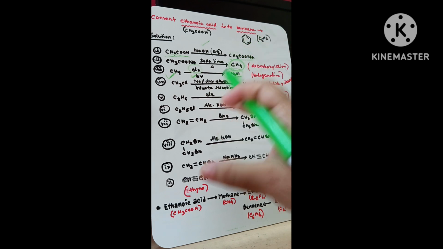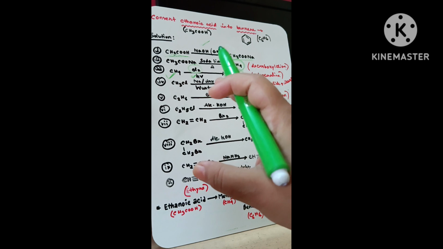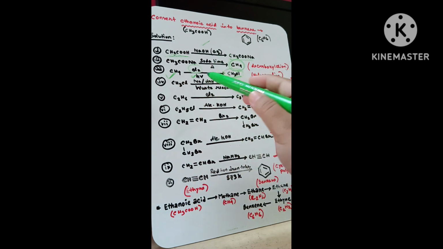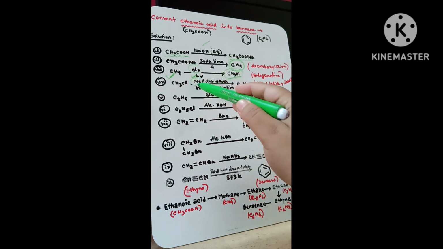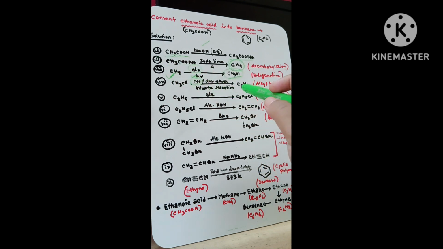Now, this methyl chloride is reacting with sodium in the presence of dry ether, and this process is known as Wurtz reaction, and the product of this process is C2H6 or ethane. This process is known as Wurtz reaction. Now this ethane